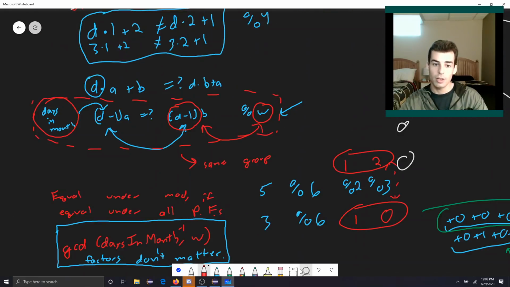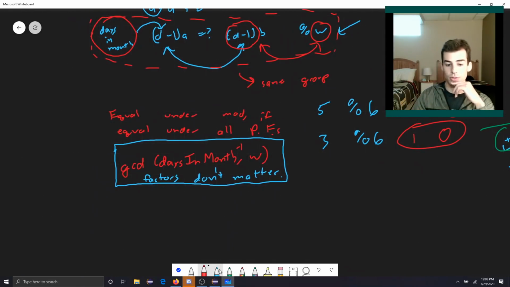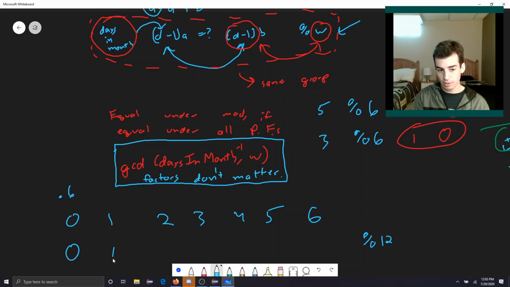I guess I did erase it. So let's look at things modulo 7. So maybe we're looking at the numbers all the way up to 7, right? So we have the numbers 0, 1, 2, 3, 4, 5, and 6. And then I guess this is just the second sample. So we're going to take each number, we're going to multiply it by 6, and we say, what is its value modulo 12? So 0 times 6 is 0, 1 times 6 is 6, 2 times 6 is 12, but